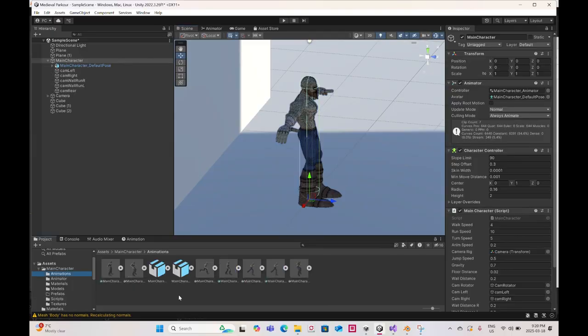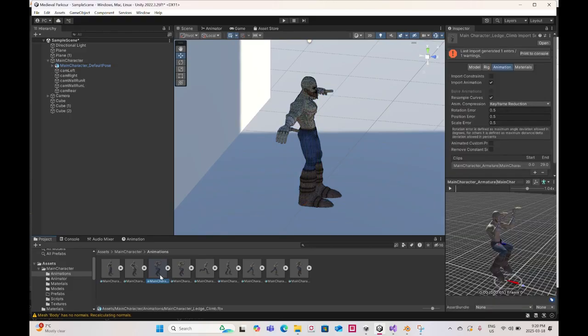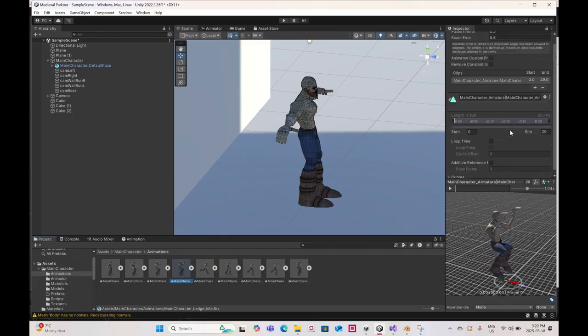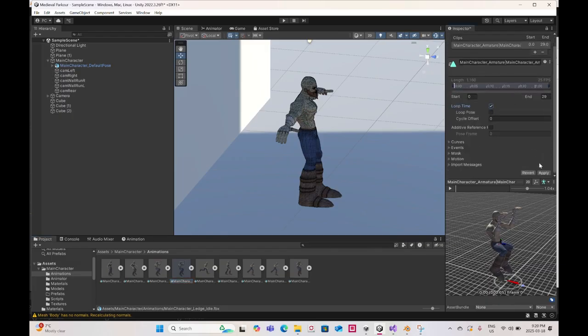We go to animations. The climb animation I can just leave, but the idle animation I have to make sure that the loop time is checked. So apply,